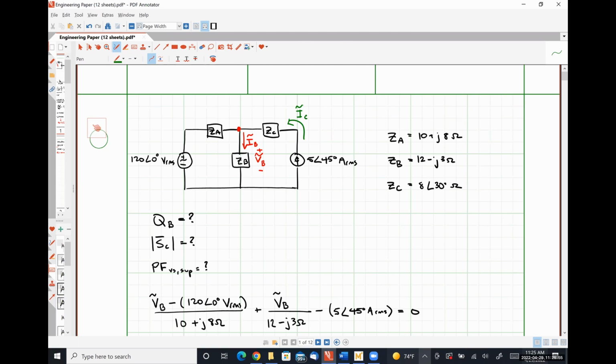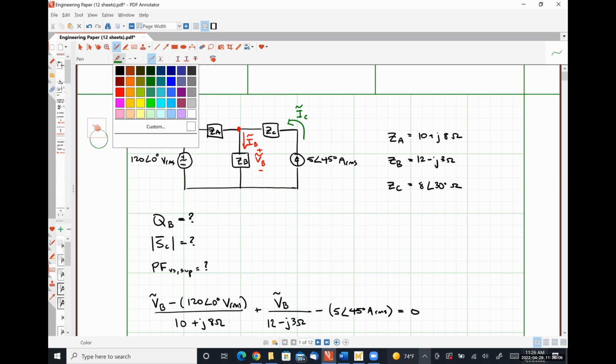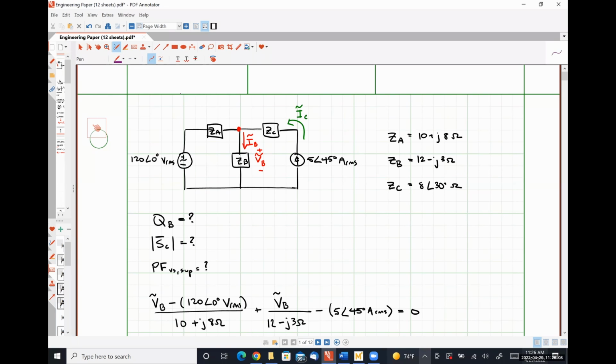Pretty hard to find the phase angle directly, so we'll likely just wind up finding the current and then get our phase angle from that. So let's put that in purple. So I'm going to call this